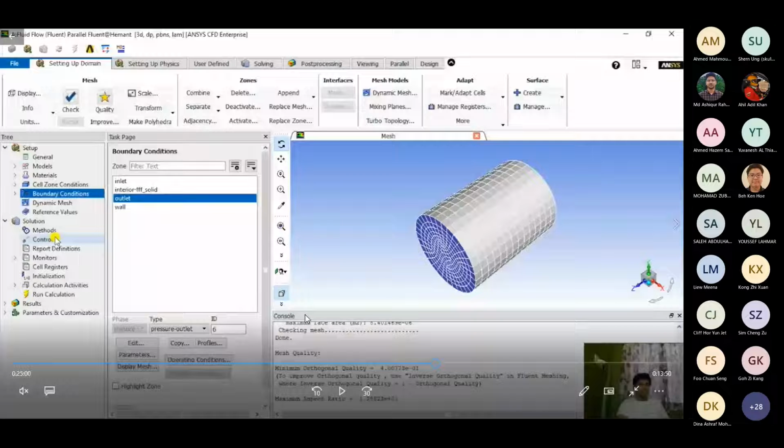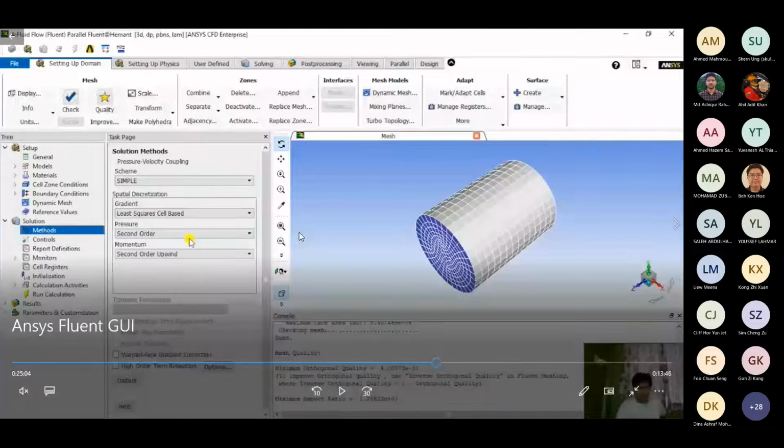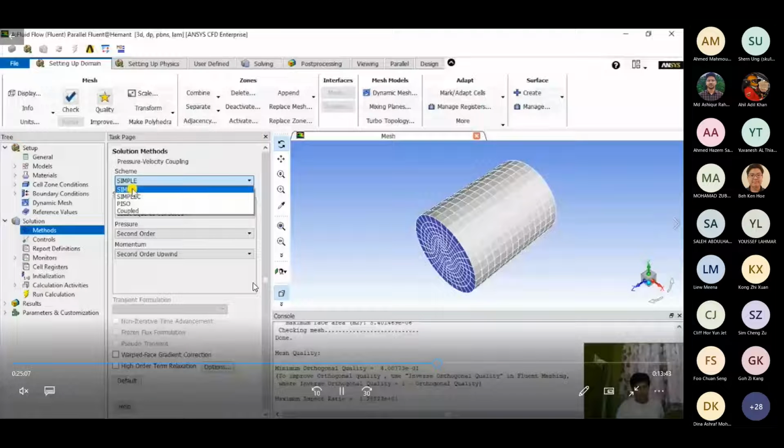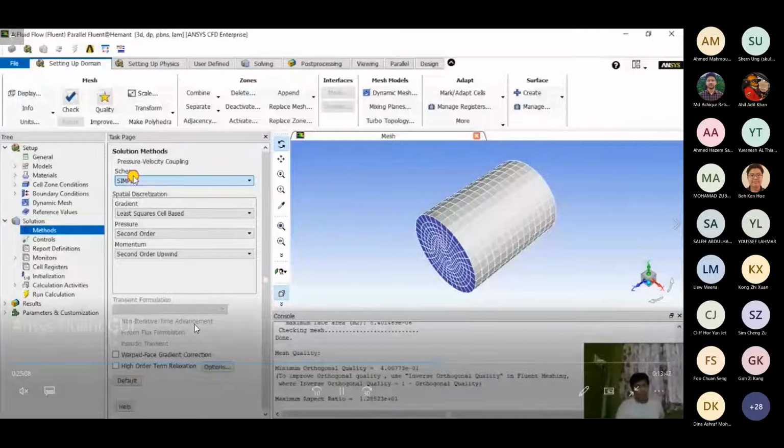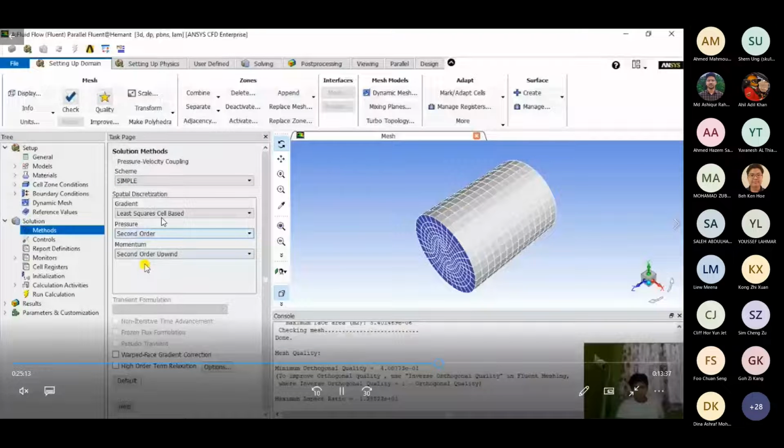So for now we won't change anything in the wall. We would directly move to the solution part of it, where we would select the method of operation. Now based on different analogies, there are these four methods in ANSYS: simple, simplex, piezo, and coupled. I won't be going into details of this. They are just mathematical formulations, a way of solving these iterative methods. Also, based on each term, you can choose the method that you are going to solve for.